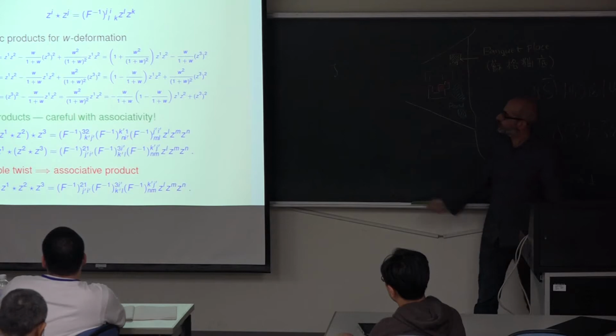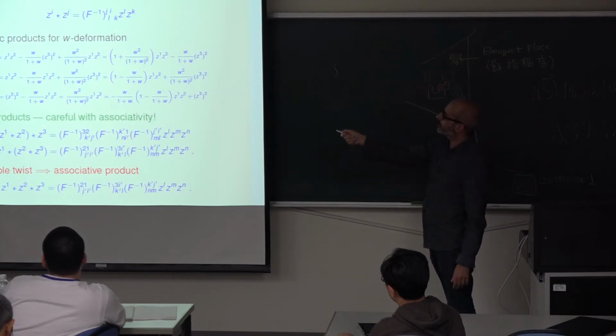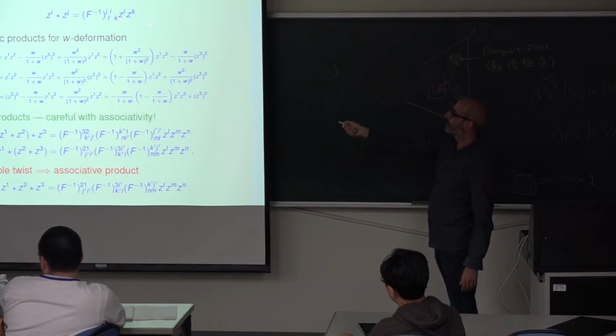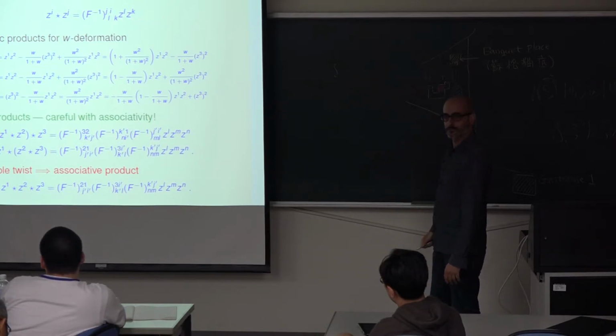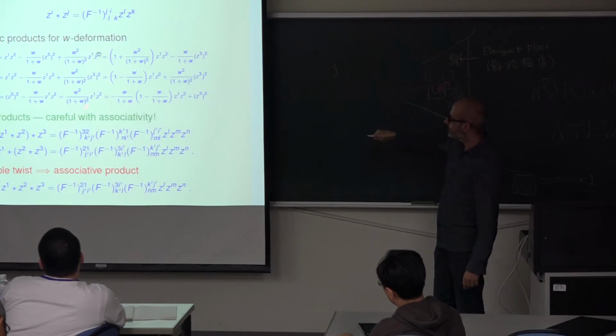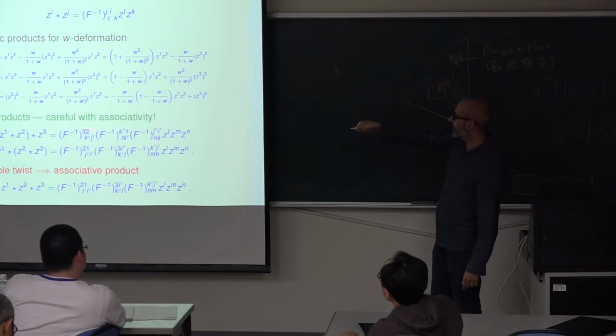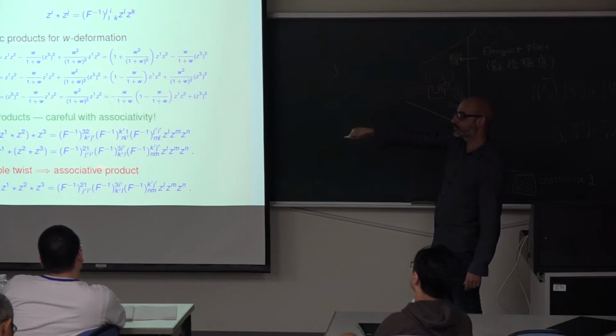And we call this our star product. If I choose a basis for my module, the zi's, then you can also put indices there, because everything is in the fundamental, and it depends on the twist. So these are our new formulas for how we can act. You have to be careful with associativity, because once you define quadratic products, you can go cubic, and you get two different forms for the cubic